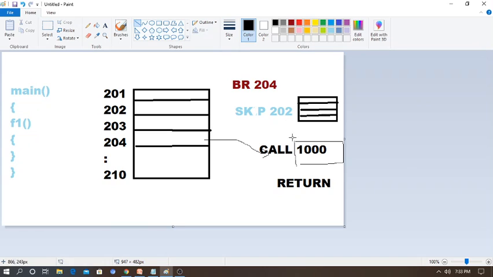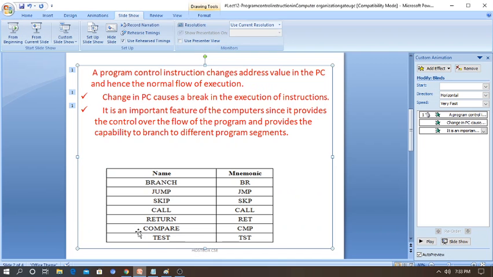Here in computers also, instructions will be executed by fetch, decode and execute. Whenever we go to the computer, the instructions are in sequential order. Don't forget, sequential order, and it tries to execute them. To execute an instruction, we need the support of the PC also. So similar to a C program, program control always changes the flow of the program at runtime. Let's go back to the presentation here.